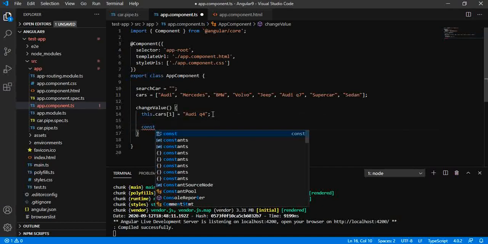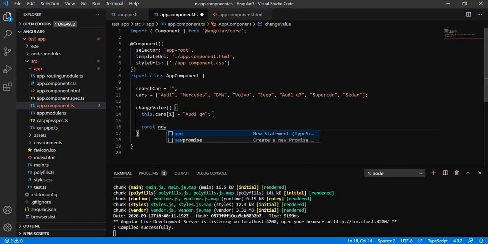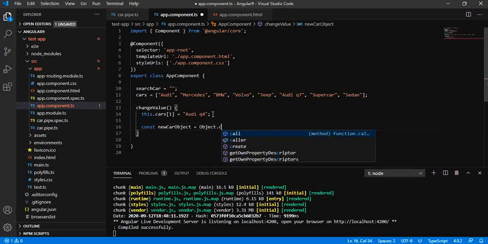Let us say we are creating a new object, newCars.